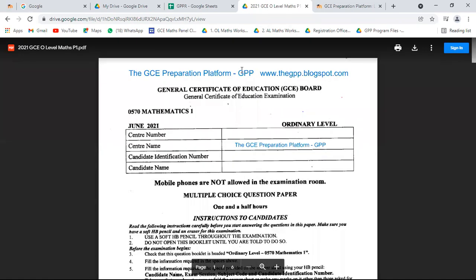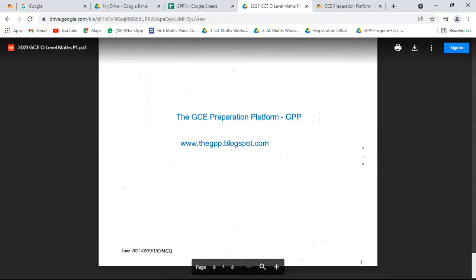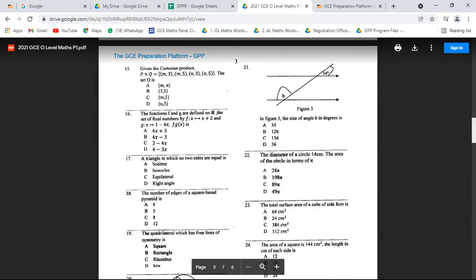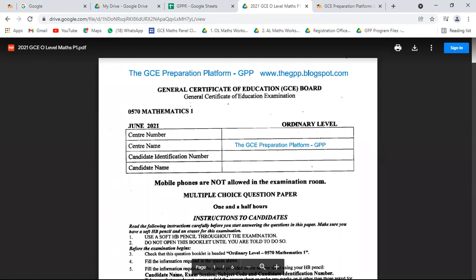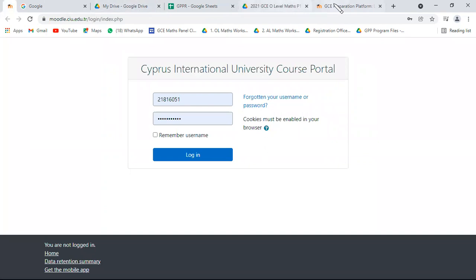It's taking a bit of time to refresh. Okay, so you can see this is the GCE platform. So here you have the paper from your portal. Which therefore means if you're not already registered for this course, you have some of the papers, but not all. And once you're inside, you have access to all the material.